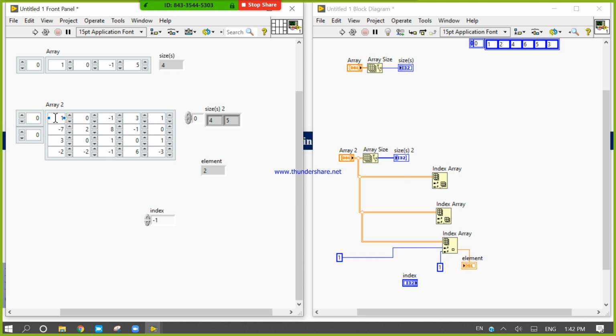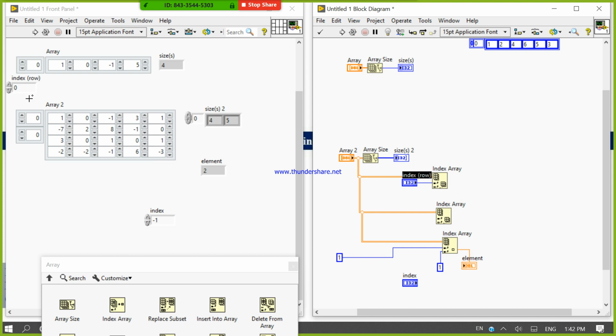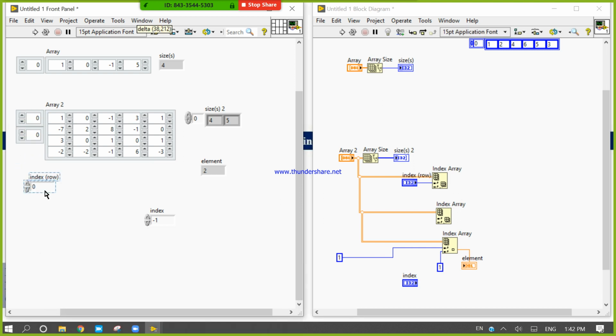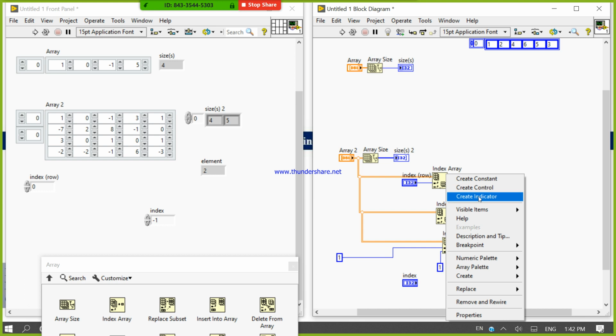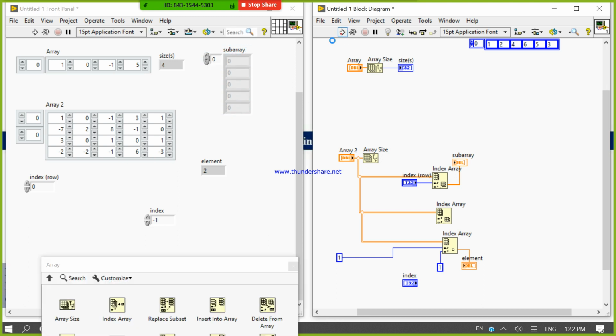But what happens if you want to use this row only, row 0 only? For that, right click on row, create control. It is the index row. Now create indicators and run.